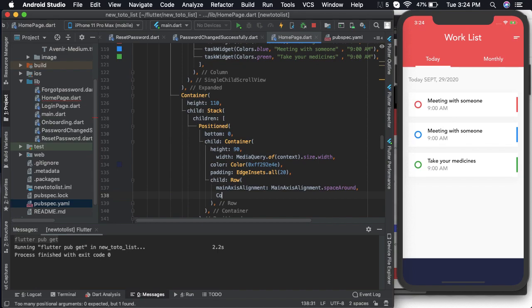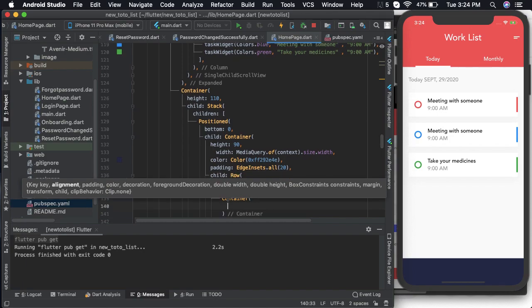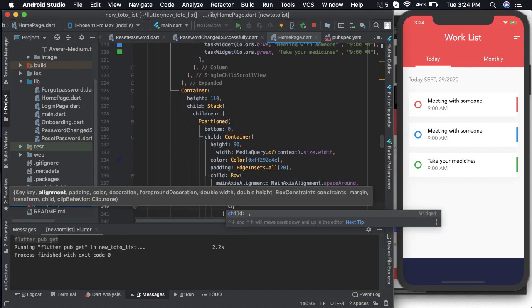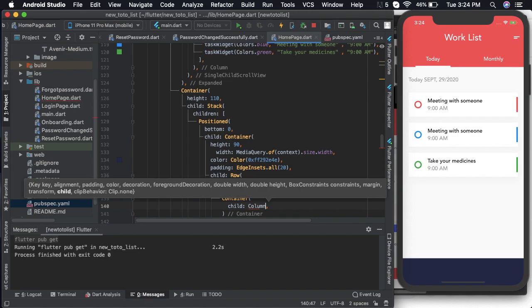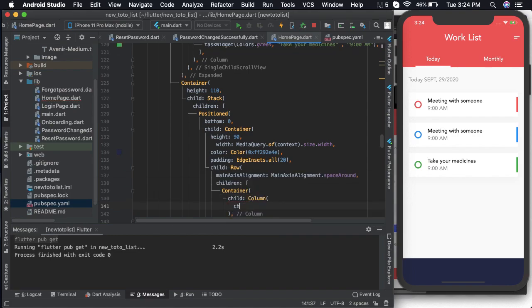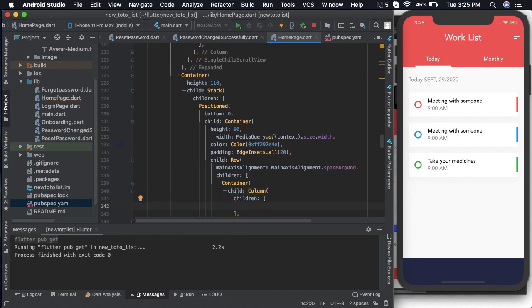Sorry, it needs to be children. And then let us add a container here. In that container we'll create a column widget which will hold the icon,